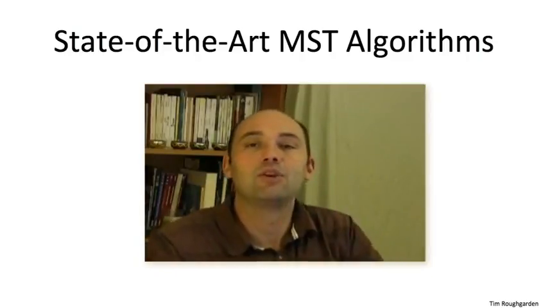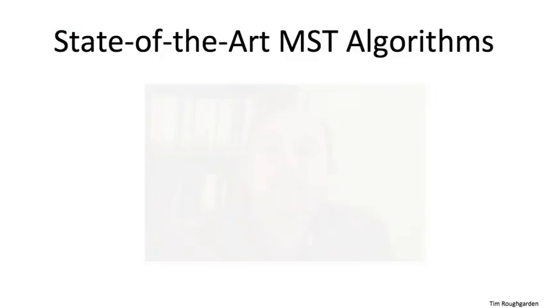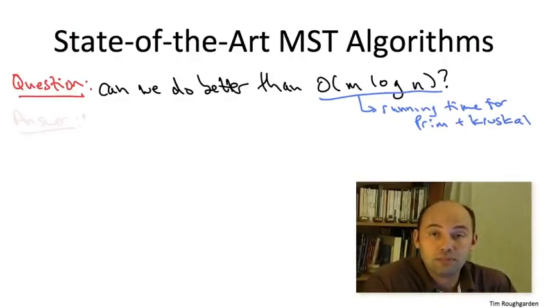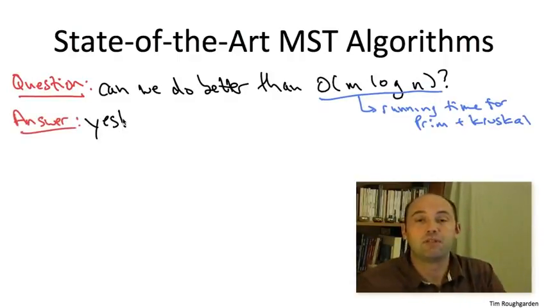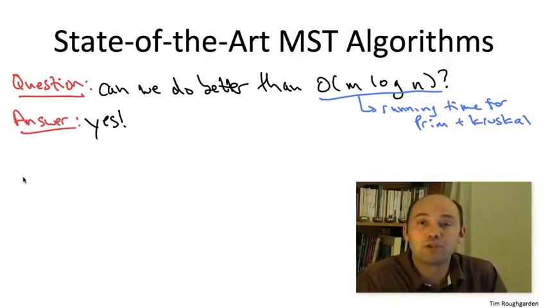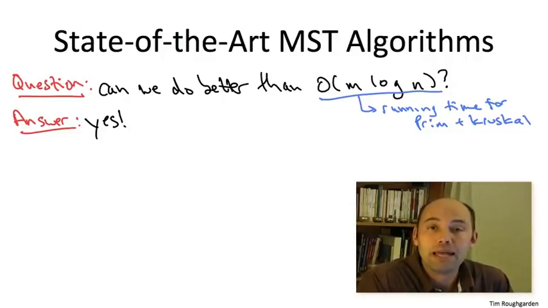But again, the good algorithm designer should never be content, never be complacent. We should always ask, can we do better? Maybe we can do even better than m log n. Well, believe it or not, you can do better than these implementations, at least in principle, at least in theory. You have to work pretty hard, and I'm definitely not going to discuss the algorithms or the analysis that prove this fact, but let me just mention a couple references that give MST algorithms with asymptotic runtime even better than